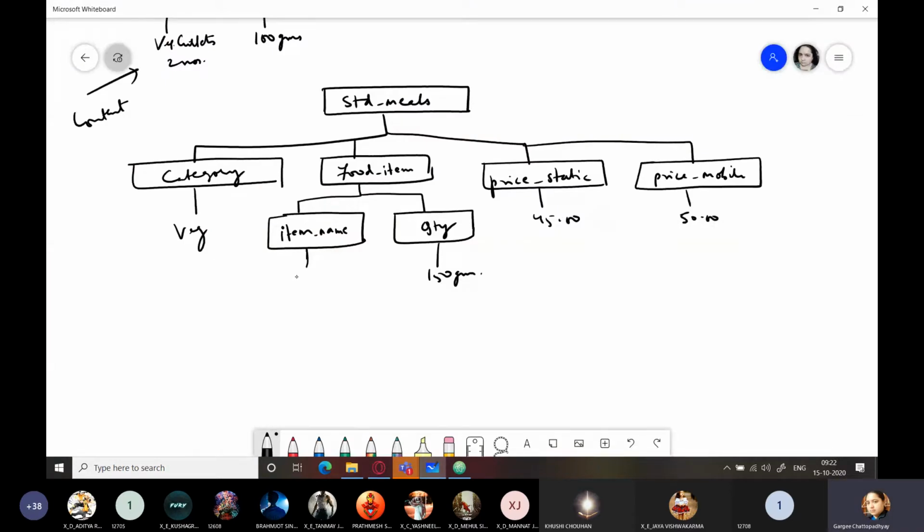If I have item name, suppose the first item name which we are taking, that is rice, and maybe we can take options in that.